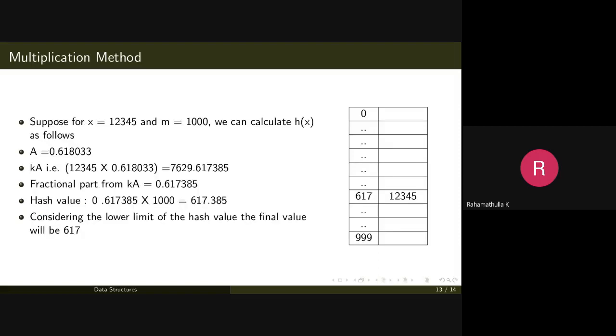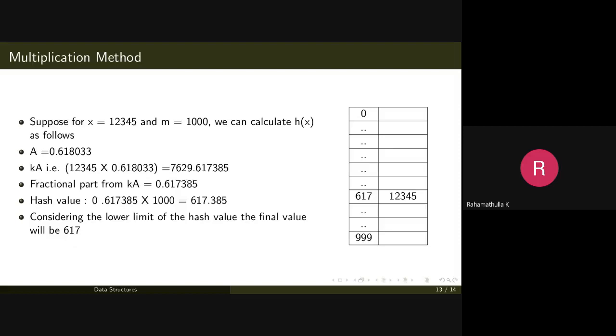For example, suppose x is equal to 12345 and m is equal to 1000. You have a hash table of size 1000. Then we can calculate h of x as follows. You take a is equal to 0.618033, k into a is equal to 7629.617385.